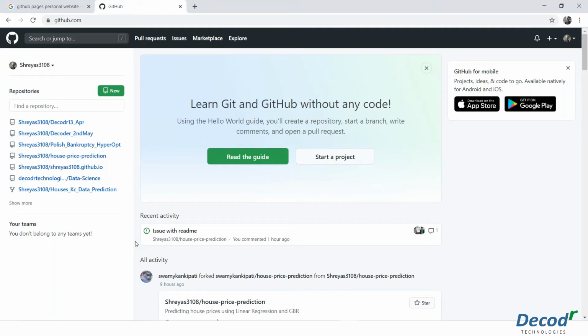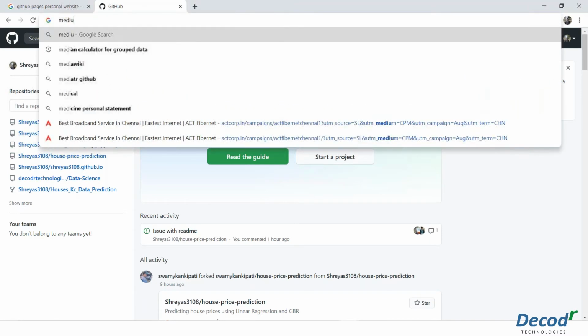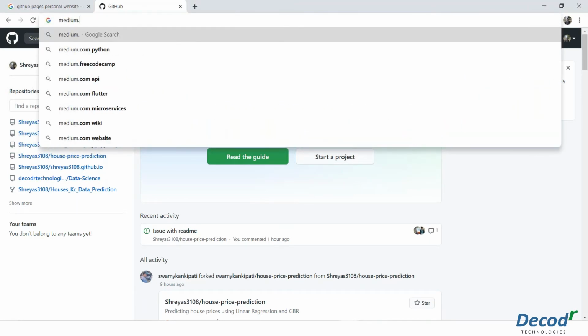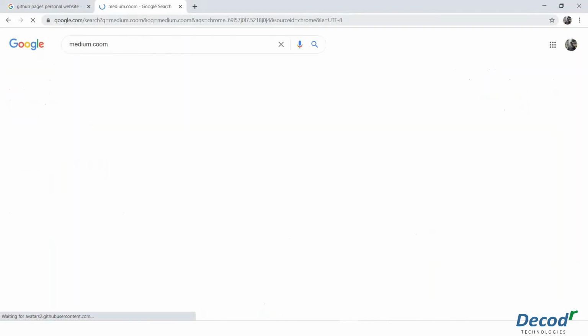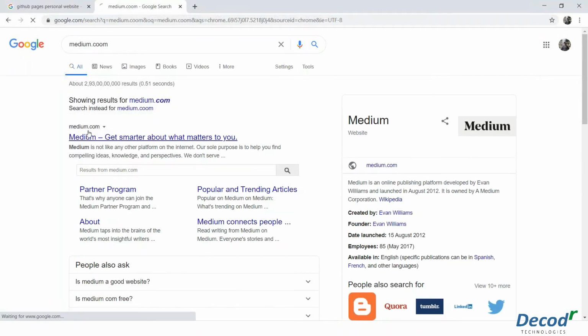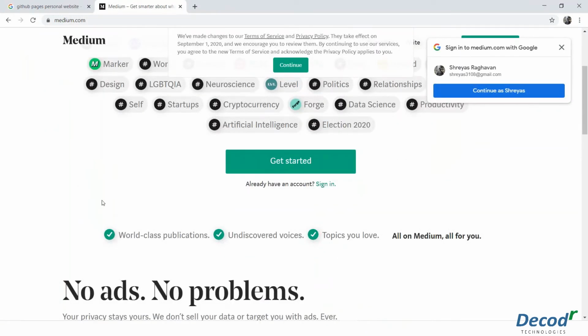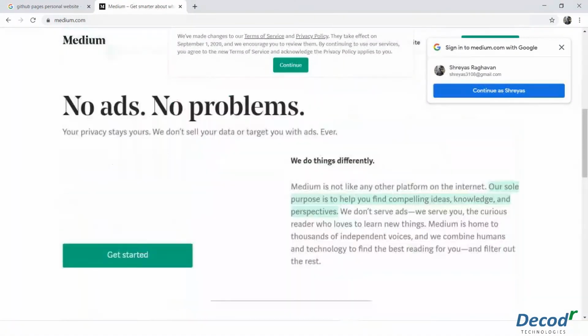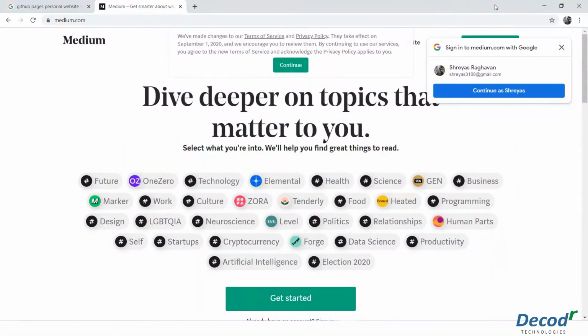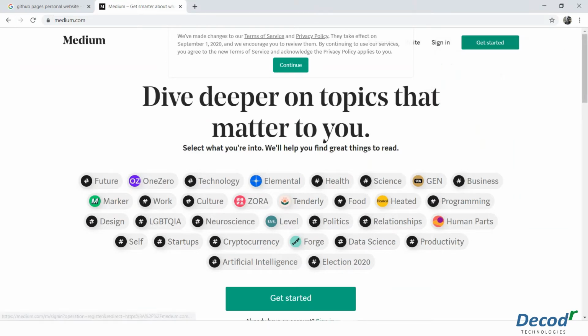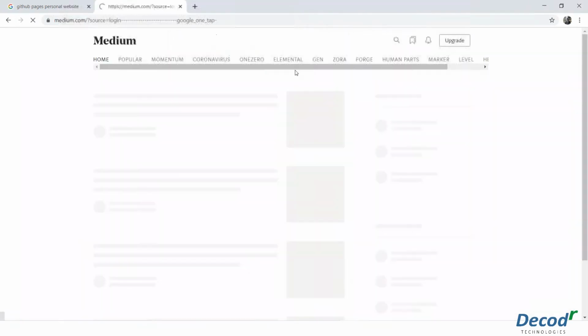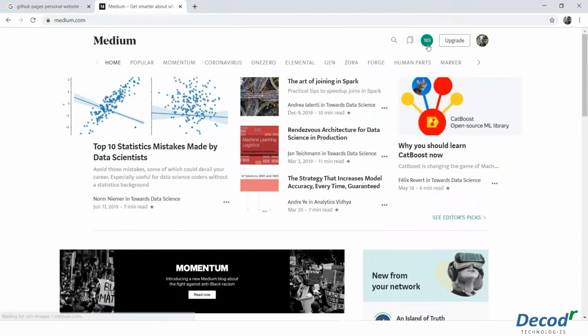And to create a portfolio, one more thing that you can do is, obviously you guys would have seen this a lot, and I know some of you are following this. Go to Medium. And once you go to Medium, create a login ID, and you basically get a chance to write everything. You can write about anything on Medium. It's a blog post, so you get the gist. You can write anything